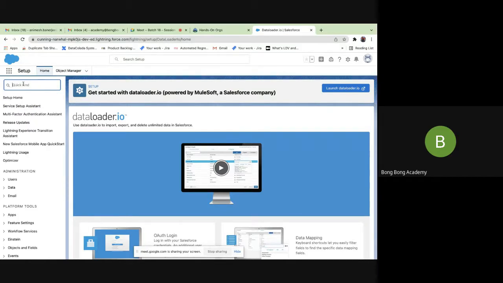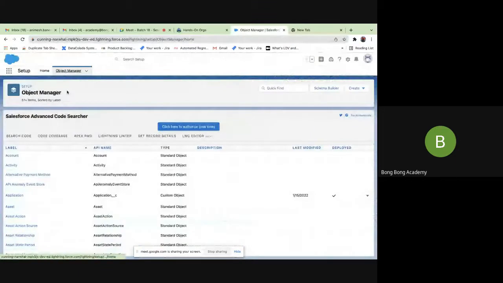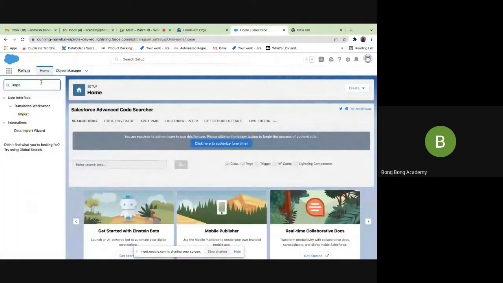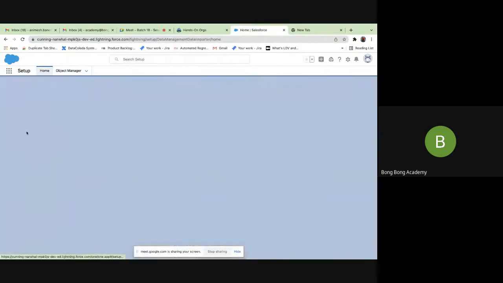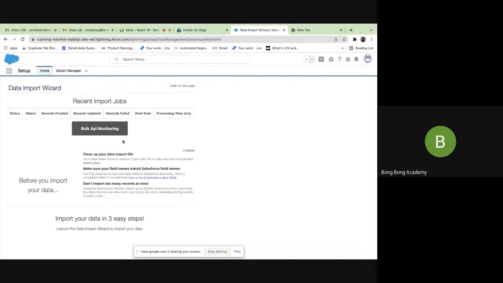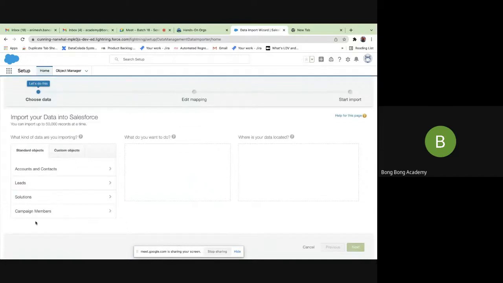For you to understand a simple tool, the importer tool is already there in your Trailheads. So use that. If you do data import, this is exactly what opened, right? When you hit the import button, you see the same thing. If you launch the wizard, it takes you to the same screen.